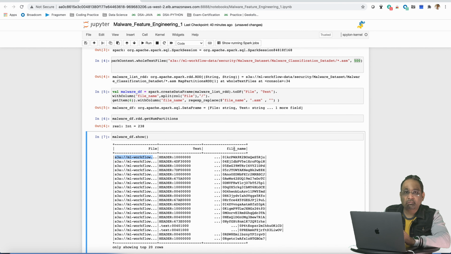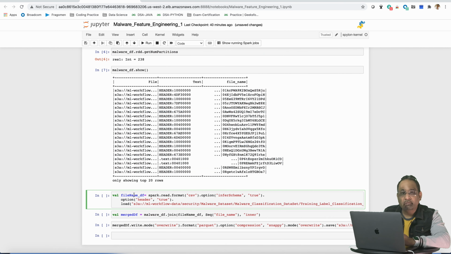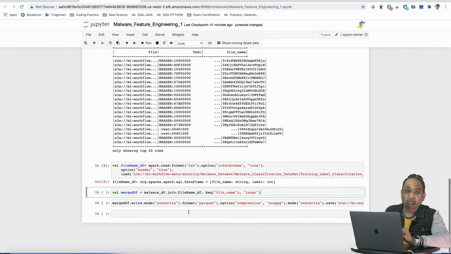The last step is to save the data frame back to S3, and while doing that we are using the Parquet file format along with Snappy compression, and this data will be used as the input for step 2 while executing the feature engineering 2 notebook. The right combination of file format and compression codec is the key for efficiently handling large workloads, as this combination greatly affects the network I/O operations. We will talk about this in great detail when we talk about performance tuning for Spark applications in